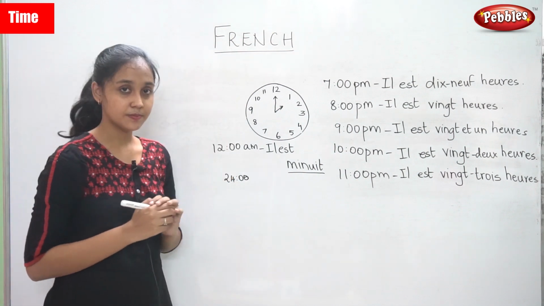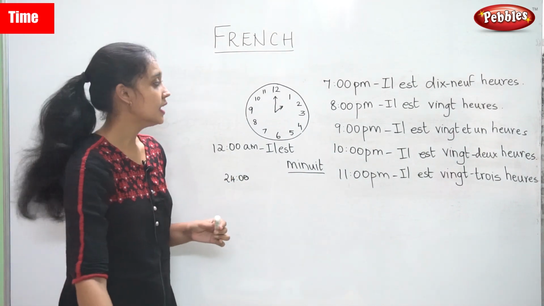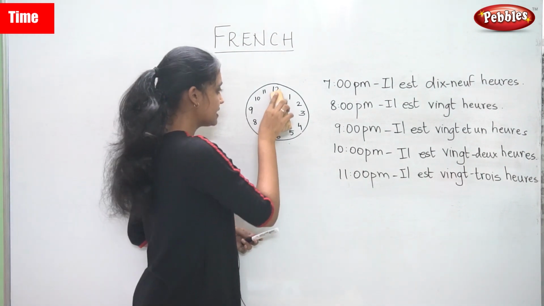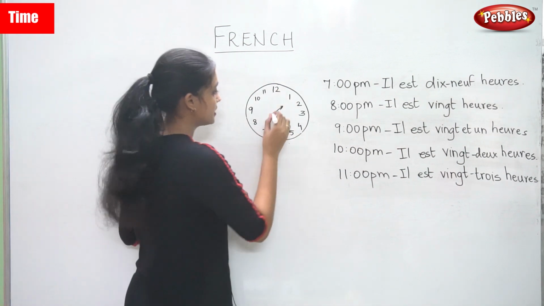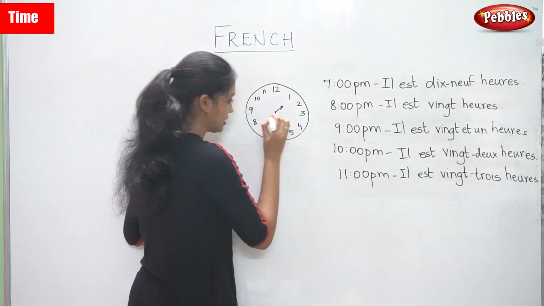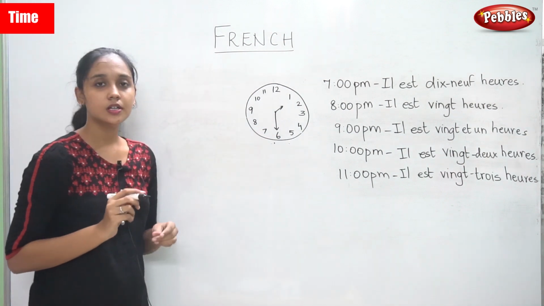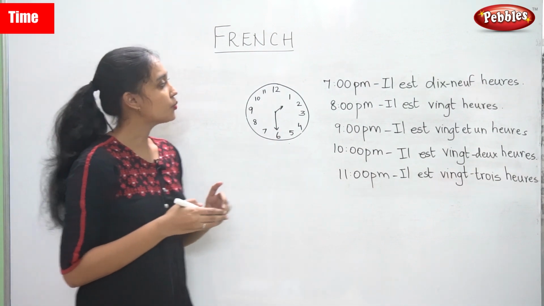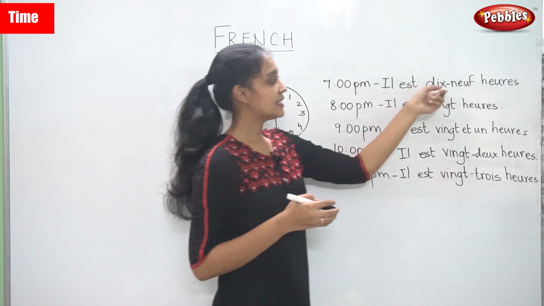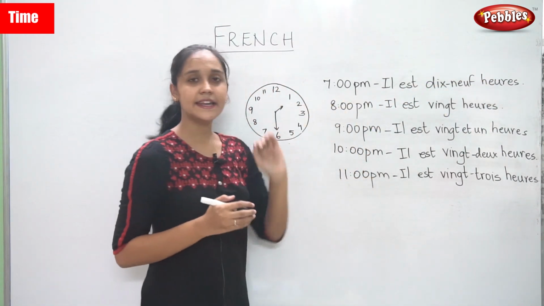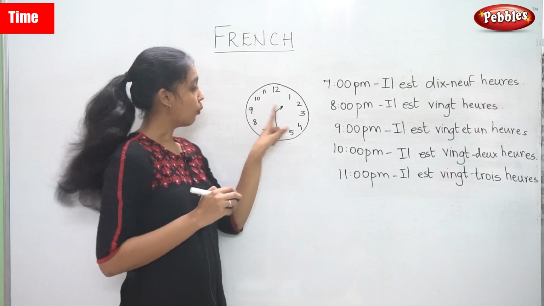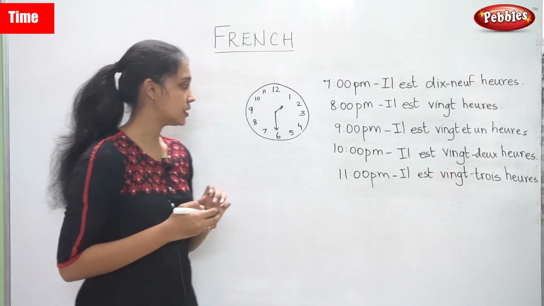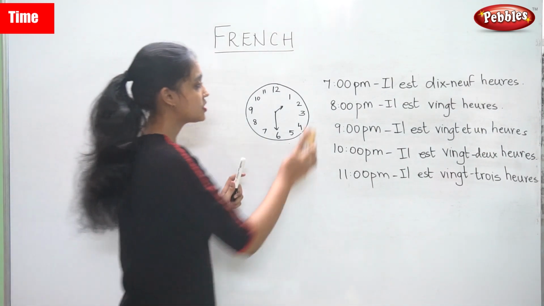12 midnight. So now we are going to learn how to say, for example, instead of this, if the time is this. So now you need to incorporate the minutes as well. So when it is 7 p.m., il est 19 heures. So it is 19 hours sharp. When the minutes also come into play, it is slightly different. But first we will learn how to say this.